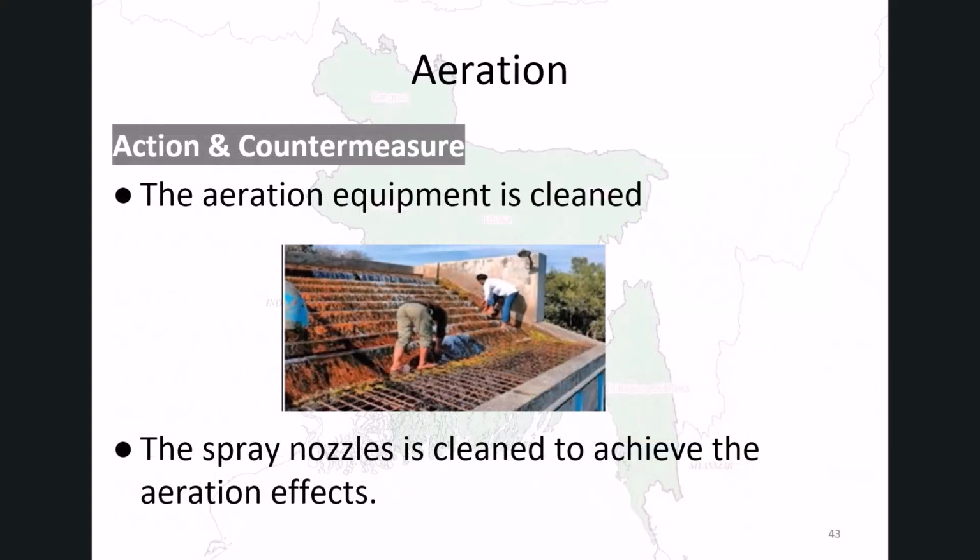When aeration performance is poor, the first step is to clean the aeration equipment. As shown in the photos, iron deposits, algae, or debris often block spray nozzles or trays, reducing oxygen contact. Cleaning these parts can significantly improve aeration immediately. If oxidation remains weak, increasing the falling height or adjusting the flow pattern may help.